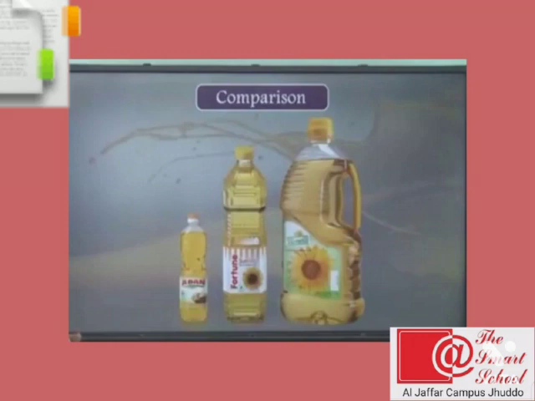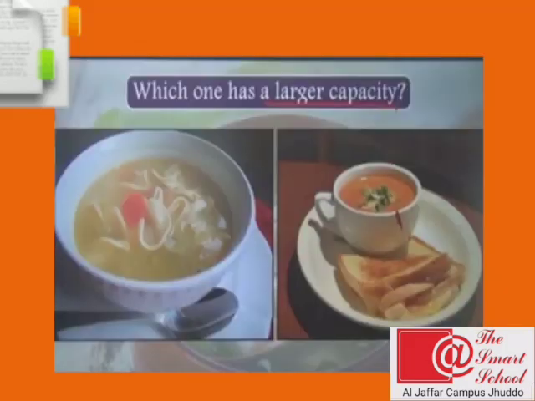Now you can see the screen. What do we have? We have containers of oil. Even in this case, the size is gradually increasing. With increasing size, what exactly increases? Well, it is the capacity which is increasing. So the larger bottle has the maximum capacity among these, and the last bottle has the least capacity among these 3. So you can see it is the capacity of a container which is changed. When the capacity is more, then it will hold more liquid.